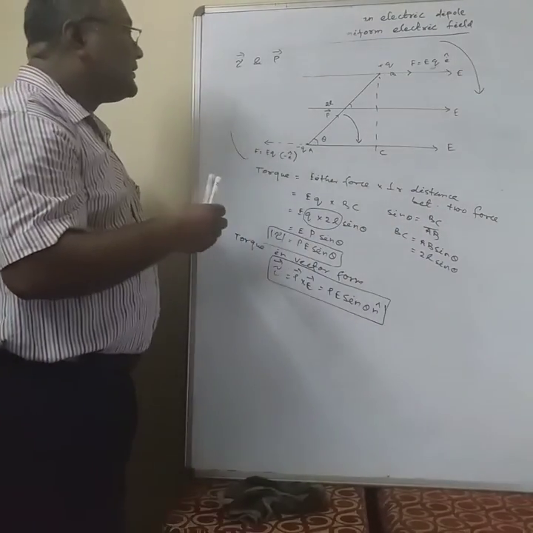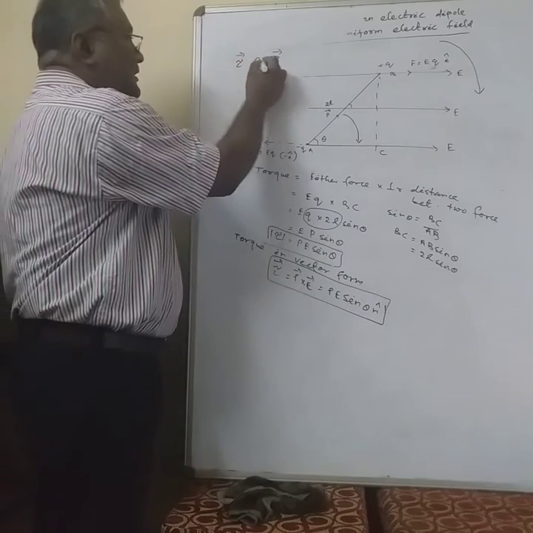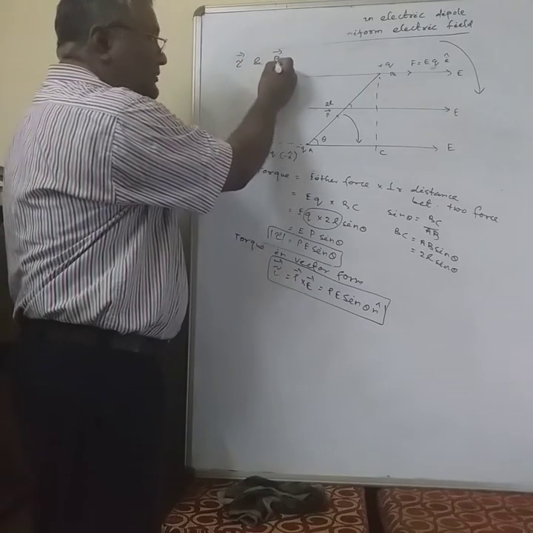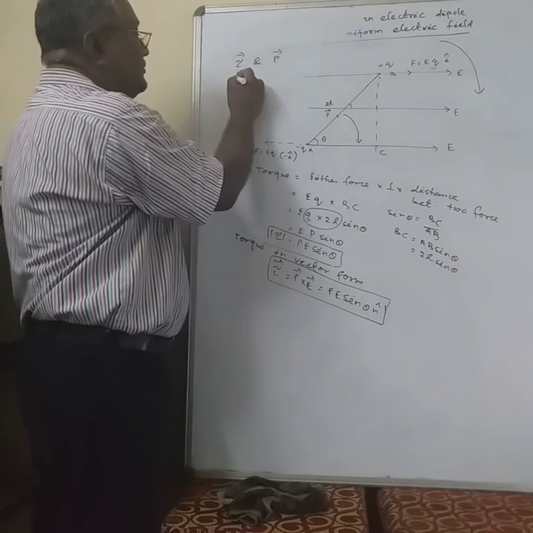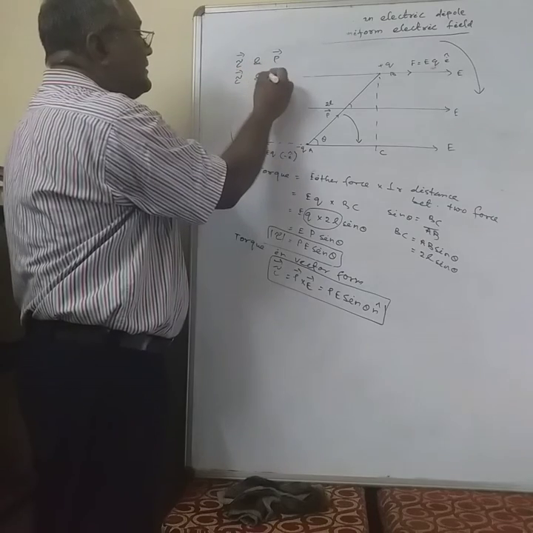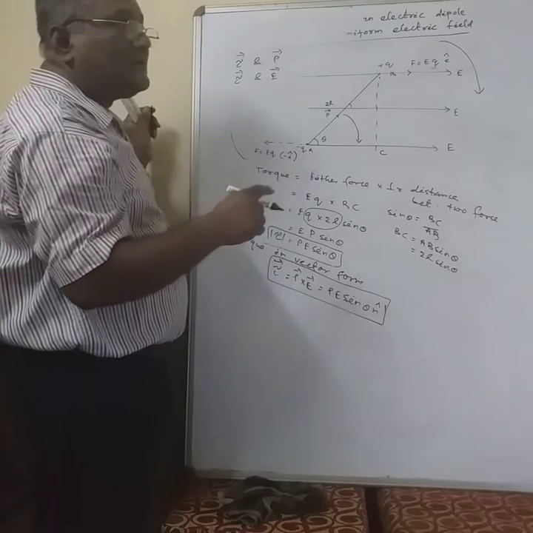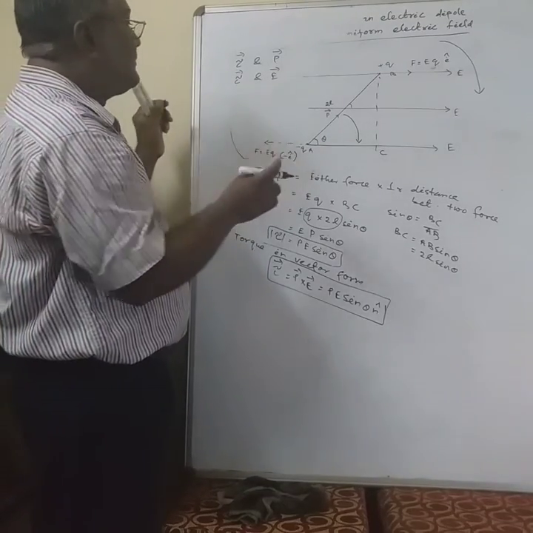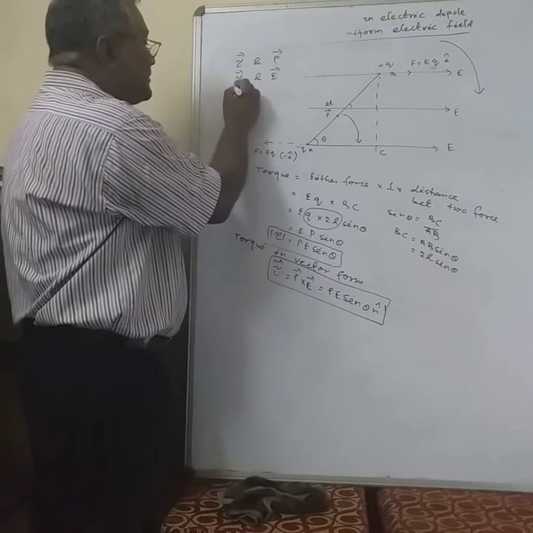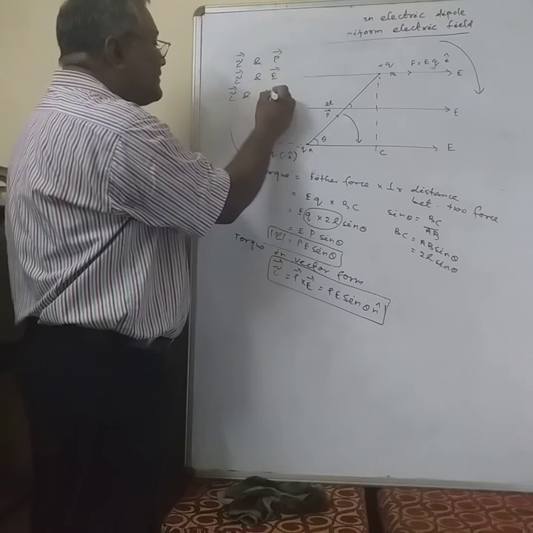So who are the two pairs? Torque and dipole moment are mutually perpendicular. Number two, torque and electric field are mutually perpendicular. Another pair is also perpendicular to each other, that is torque vector and the plane containing